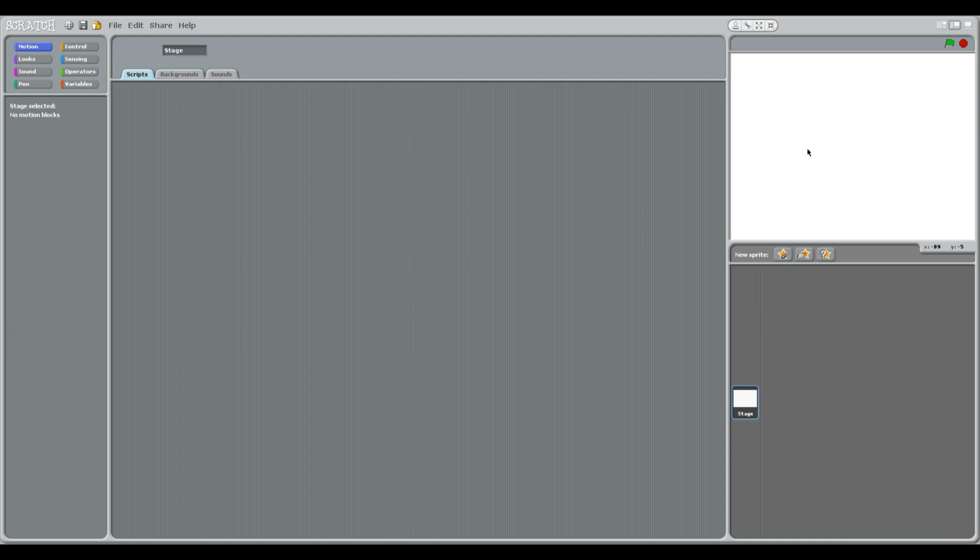Now once the cat's gone, you'll notice that the setup at the bottom says just stage. Stage needs to be highlighted if we're going to go onto the backgrounds. So if you can see that second background tab, we're going to import a background,